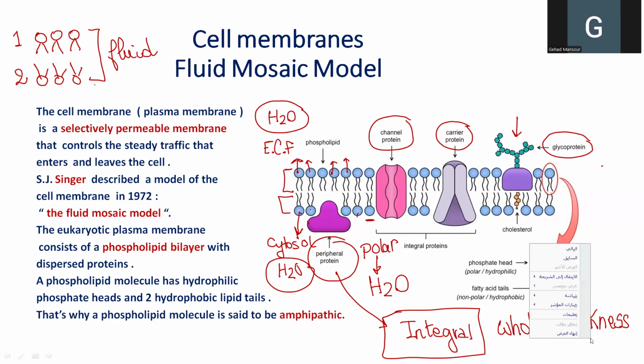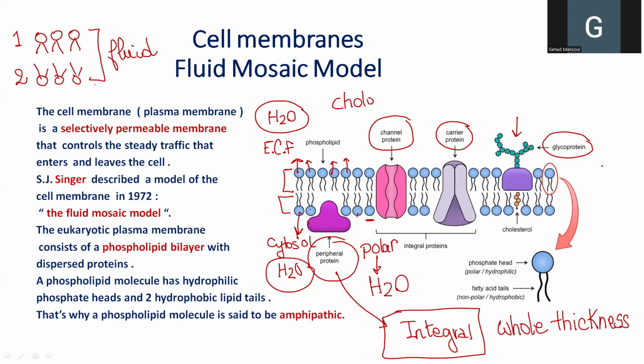Whereas when we say a peripheral protein, we mean that this protein does not extend along the whole thickness of the cell membrane. And the cell membrane, because of the presence of these different types of proteins, in addition to